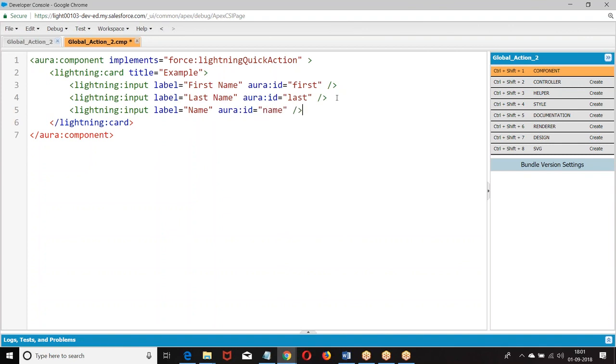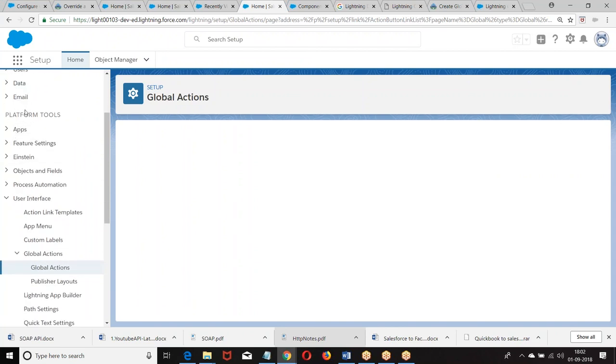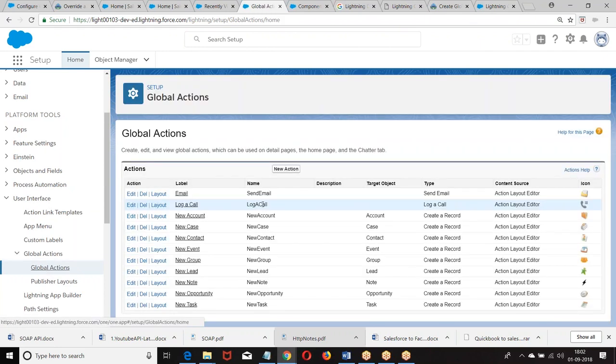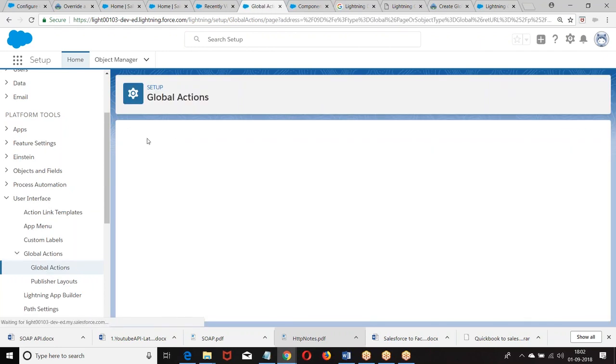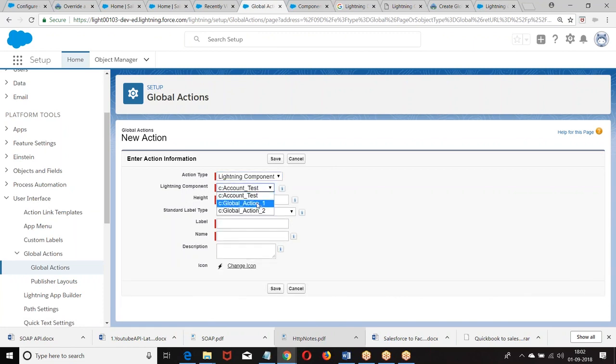So this is how we have created a component. Now go back. How do you create this? Setup, platform tools, user interface, global actions, lightning component, and have global action too.